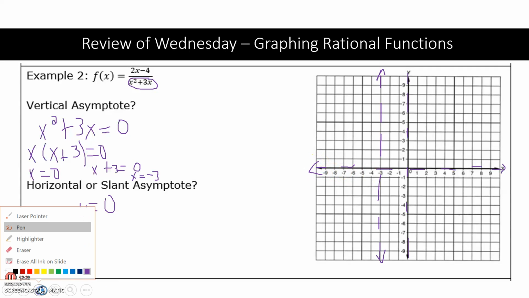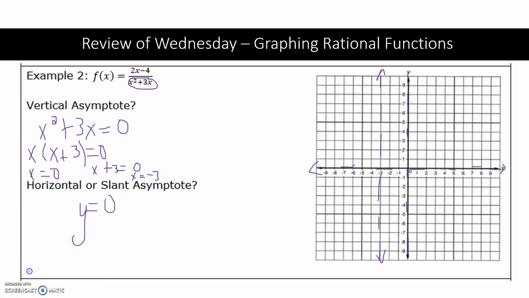So now I'm basically going to do the same thing I did for the last one. I'm going to pick 3 random x values, one that is to the left of x equals negative 3, one that's in the middle, somewhere in this section, and then another one that is to the right of x equals 0. So my first point I'm going to pick is negative 4. My first x value. So 2 times negative 4 minus 4